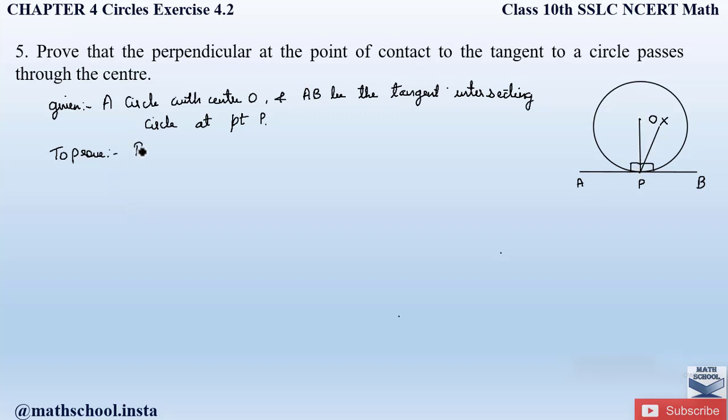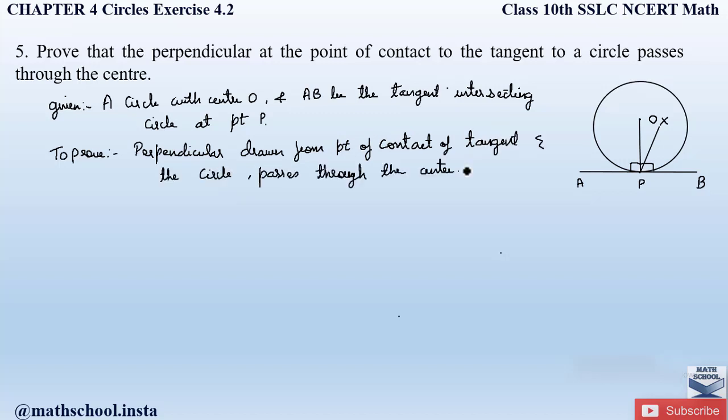Okay, so the perpendicular drawn from the point of contact of the tangent and the circle passes through the center, right? So this is what we have to prove. Let us see in the proof how we are going to write the solution. We know that the tangent of a circle is perpendicular to the radius at the point of contact by theorem 4.1. So let us write down, we know by theorem 4.1 that the radius OP is perpendicular to